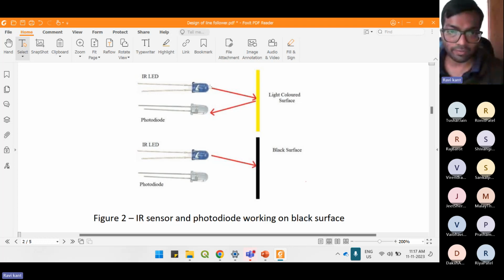So you have a transmitter. Similarly your TV remotes have IR sensors so that you switch on your TVs. So from here an infrared wave will go out. If it is light colored, if your surface is light colored, it will be reflected back and given back to the receiver. Case 2, if your surface is black, your transmitter transmits some wave, but it won't be reflected back because of the property of the black surface. It absorbs all the waves. Based on this mechanism,